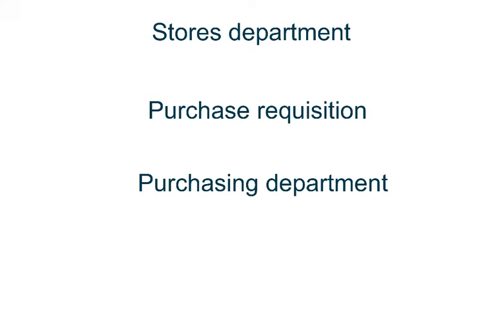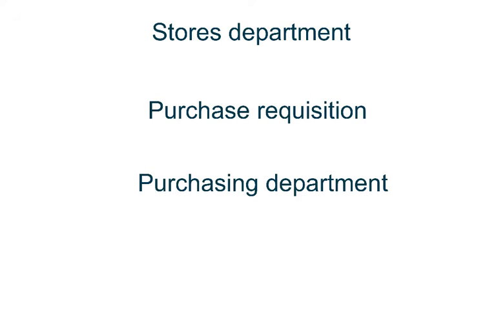Now they will issue another document, and we call this document a purchase requisition. So they basically request the purchasing department to purchase this material. What do you think will be stated on this document? Again, a clear description of the goods, and also the quantity of the goods required. And this will be sent to the